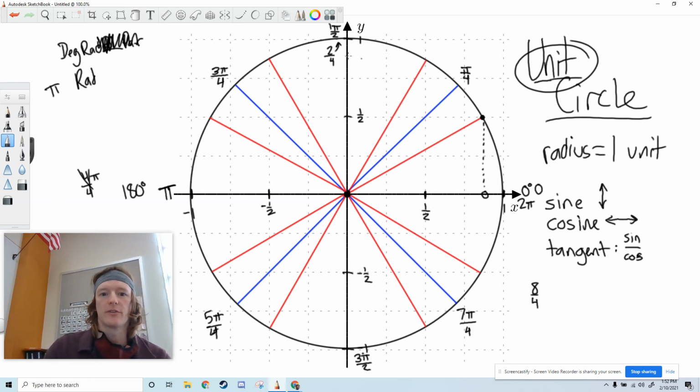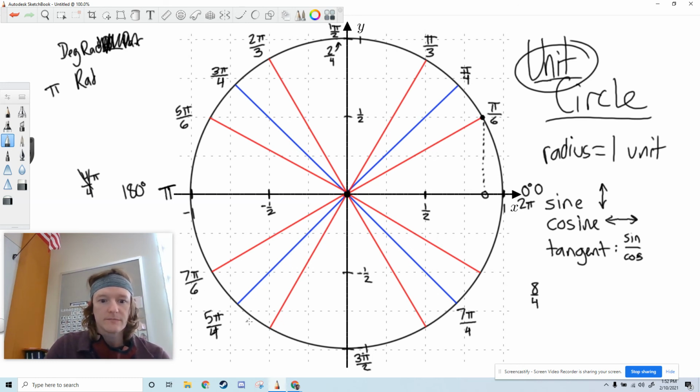We do the same thing with our 30 degrees. Notice that from 0 to pi, we're broken into sixths. So this is 1/6 pi. Here's 2/6, which simplifies to 1/3. 3/6 is 1/2. Here's 4/6, which simplifies to 2/3. Here's 3/3. So this one's going to be 5/6, 6/6,